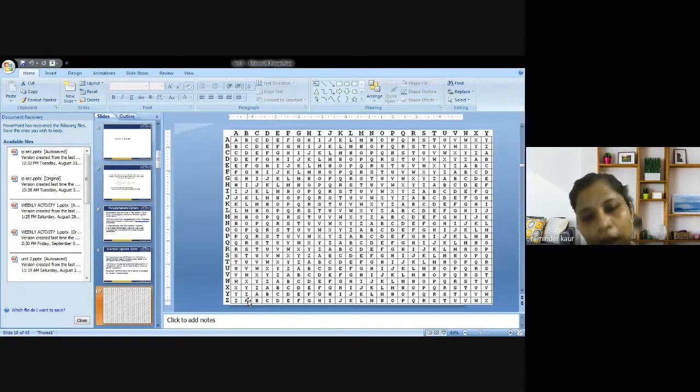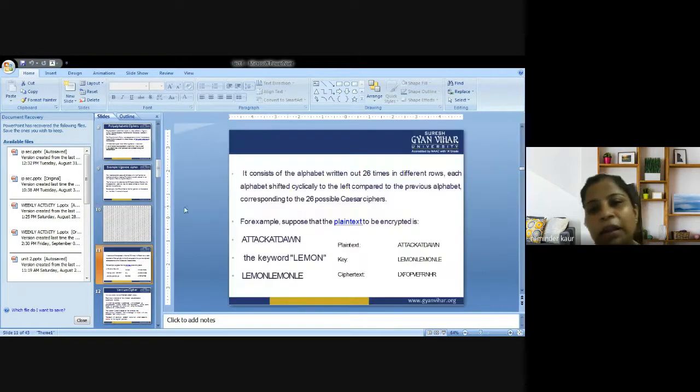Then all the preceding letters would follow the same pattern, that is A, B, C, D, whatever the letters could be, or whatever letters are left behind, we will be filling the cells with the same spaces. So this is the pictorial representation. Now the question is how we are going to implement the same practically. This is the question that is being given to us.